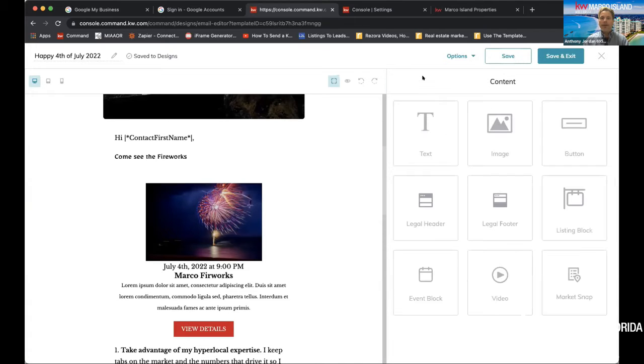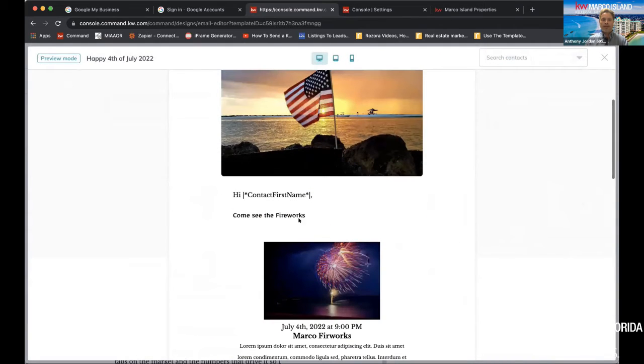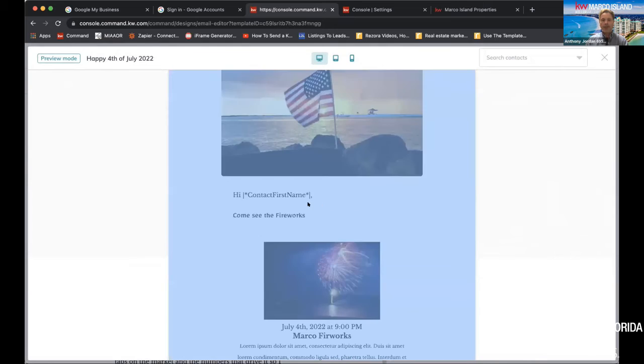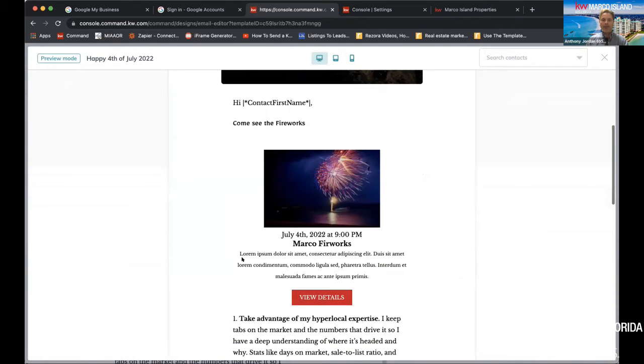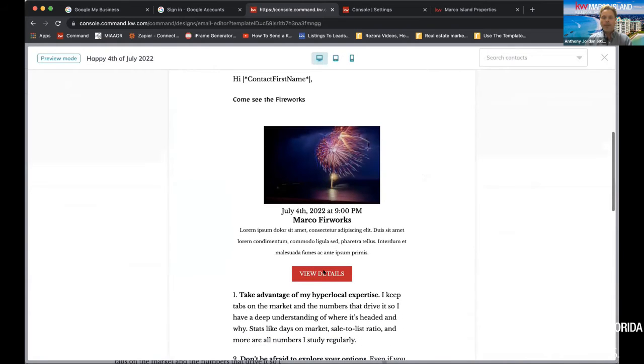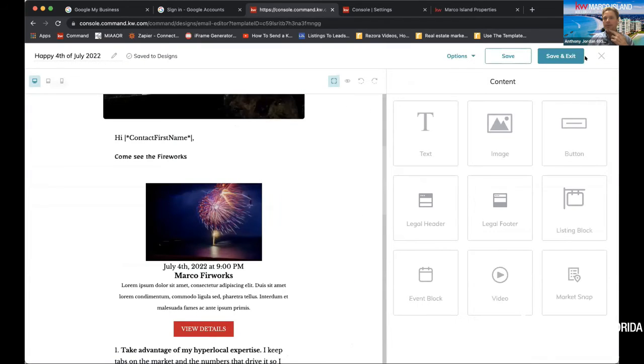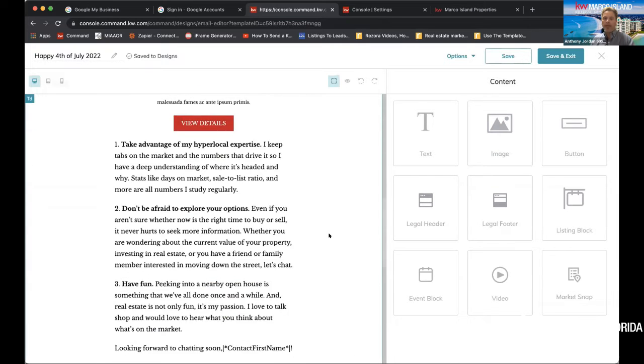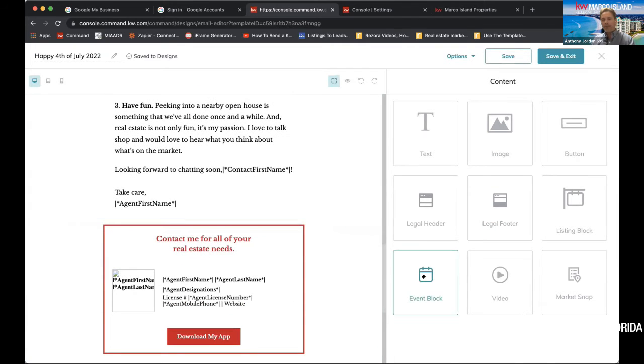All right, and done. So now you will see that it says, come see the fireworks. I might have hit center here. I should have probably hit center and make it look a little cleaner. But now this looks cleaner except for this Latin. So you want to, maybe speak a little bit about the detail of the event, right? And then they'll click here and it'll take them to that event. So the same can be done for, so now if I'm happy with the way it is, since I did add an event block,